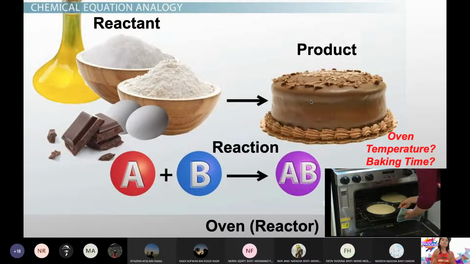Okay, now, so you think that, okay, dah faham tindak balas, dah faham reactor tu adalah vessel where reaction takes place. Your next question will be, kenapa kena ada 4 credit hours nak belajar pasal benda ni? It sounds simple, right? But it is not. Why? Because reaction is very diverse.